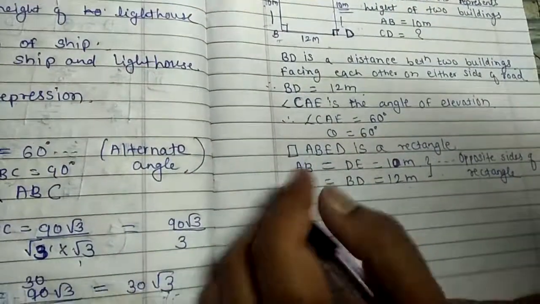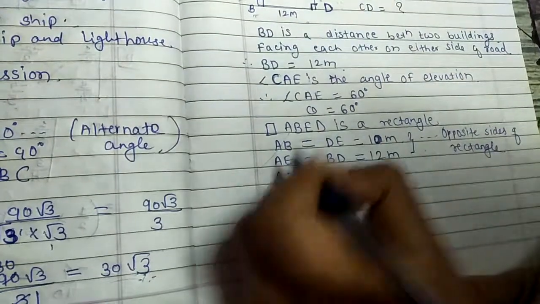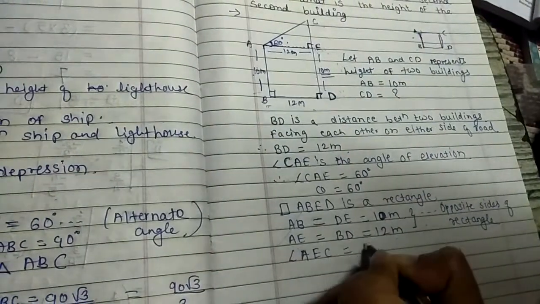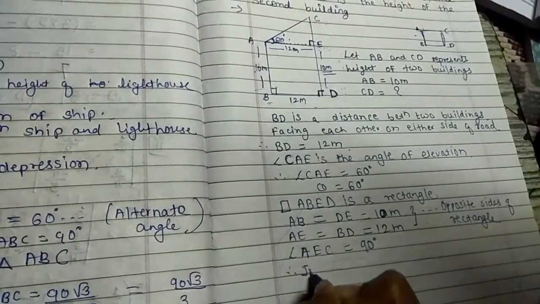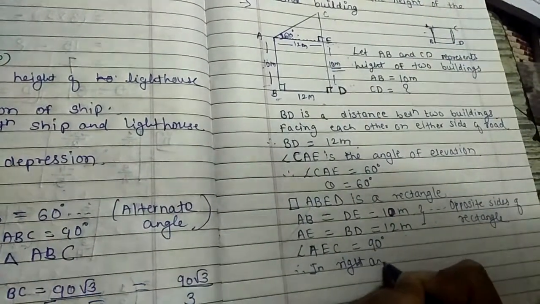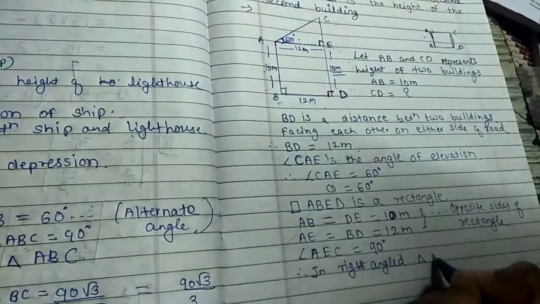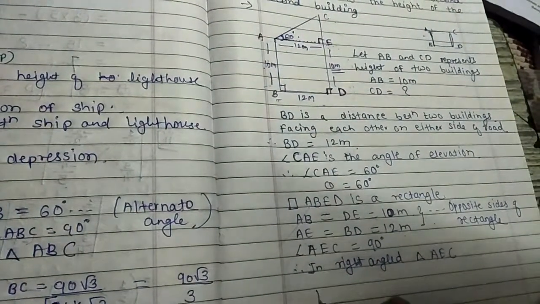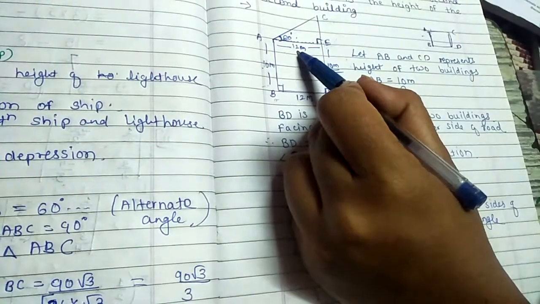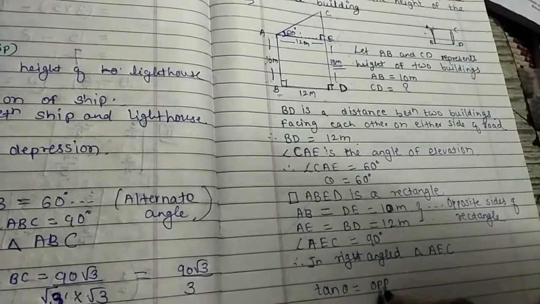So now here we are going to say that angle, this is the 90 degree. So angle AEC is equals to what? 90 degree. So therefore in right angle triangle AEC, which theta? We have to find out C. C is what? Opposite side, and the data is related towards the adjacent side, and A is nothing but the adjacent side. So therefore tan theta is equals to opposite upon adjacent.